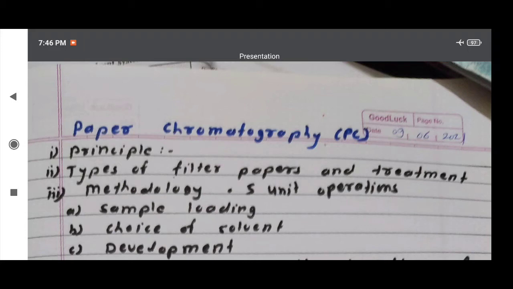In normal phase chromatography, non-aqueous organic phase moves over aqueous phase held stationary by the paper. In reverse phase chromatography, organic phase is held stationary on the paper and aqueous mobile phase moves over. It is useful to separate fatty acids, lipids, etc. Although paper can be directly used, sometimes the paper is acid washed to get rid of traces of impurity. Then further we study here methodology.